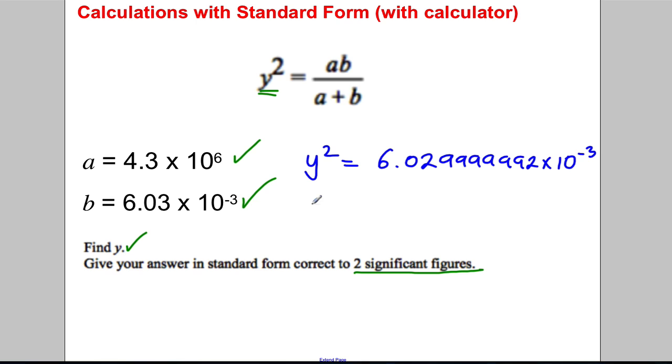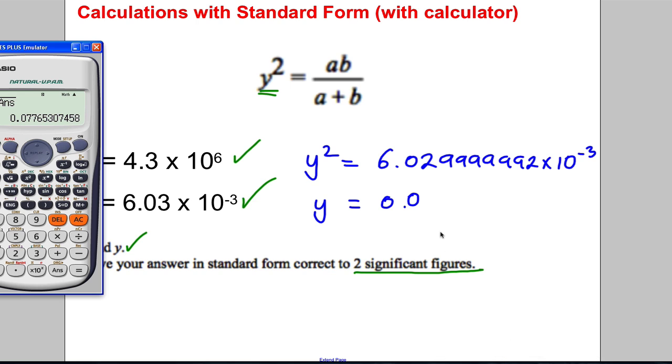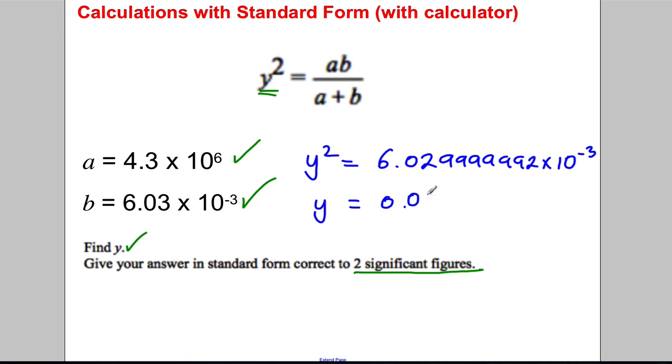That y would be equal to 0.077653. Now they said give your answer to 2 SF. Not significant, not significant. First, second. So that's the second significant. You'd round that to 78. So y would be